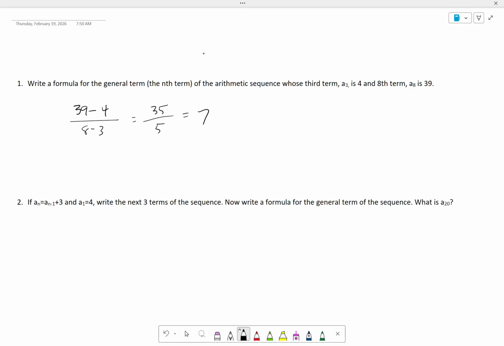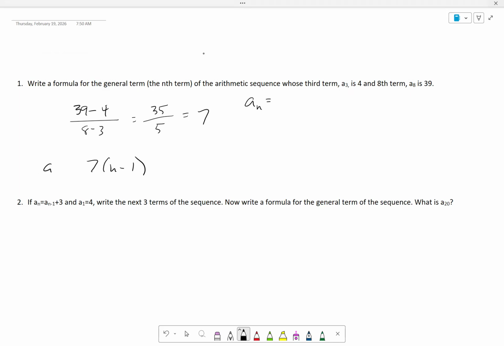And then the way we were taught to set it up is 7 times n minus 1. And then you can plug in, if it was 3, what do you get? If it was three, if what's three? Okay, so it sounds like you were given a relationship a sub n equals